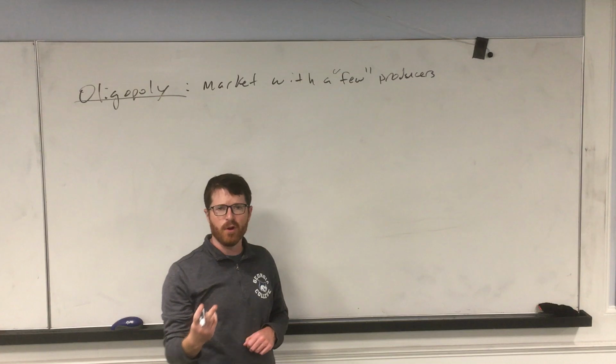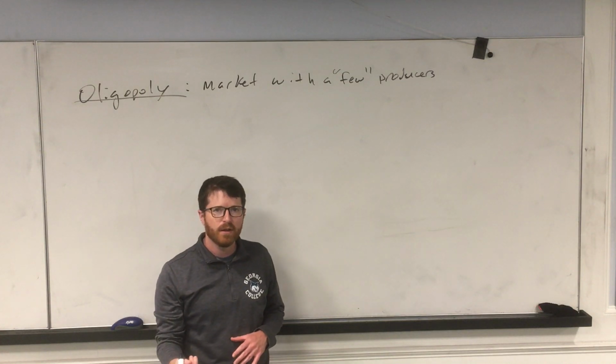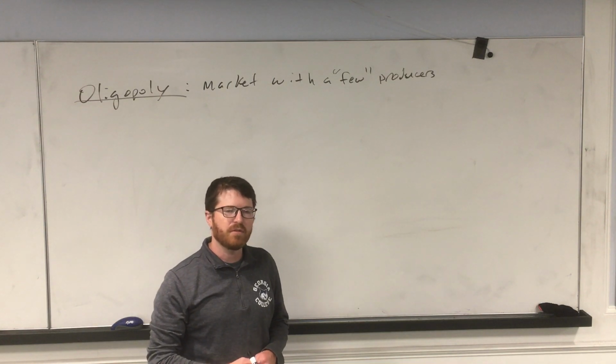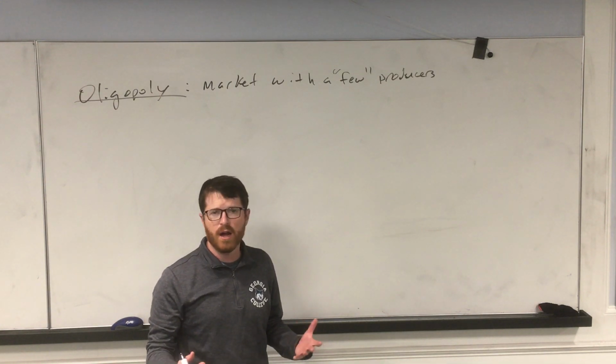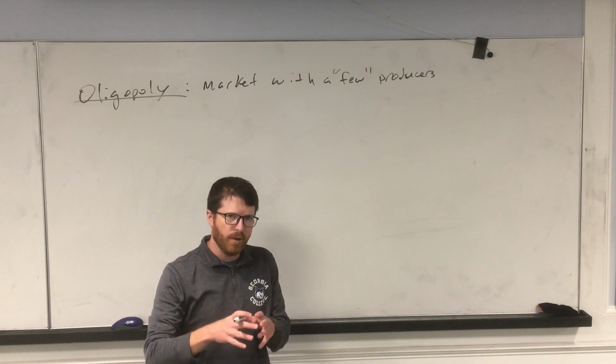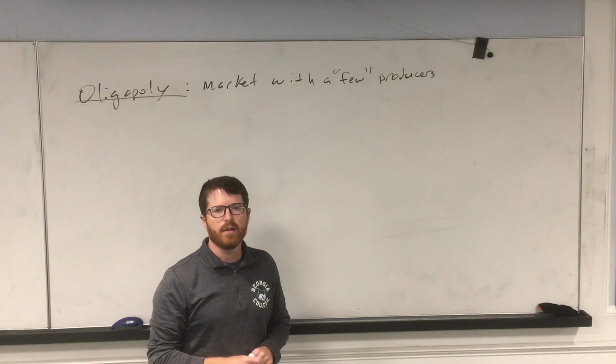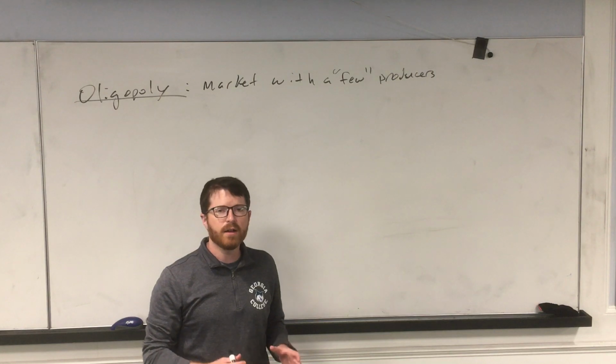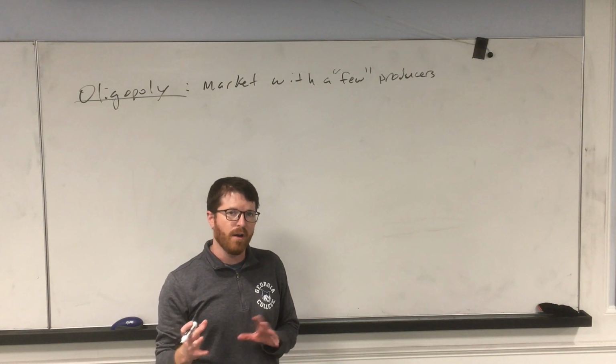You might have just two firms, so it's called a duopoly. That fits into the characteristics of oligopoly really well. Maybe having 6 or 7 firms could still be oligopoly, but at some point there becomes many firms, and at that point this isn't really a practical way to think about things. So oligopoly is a scenario where there are a few firms,